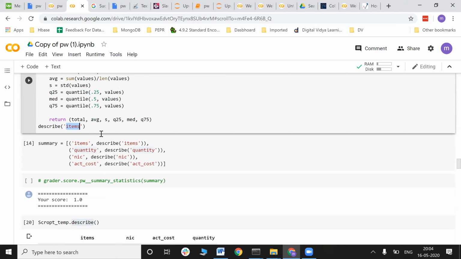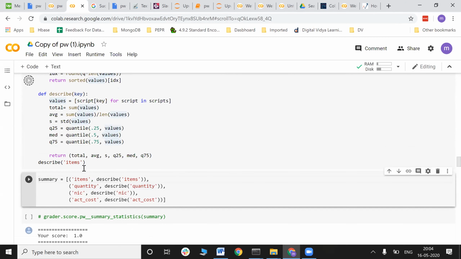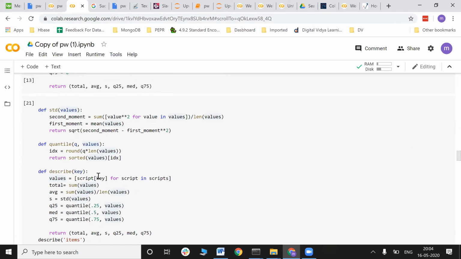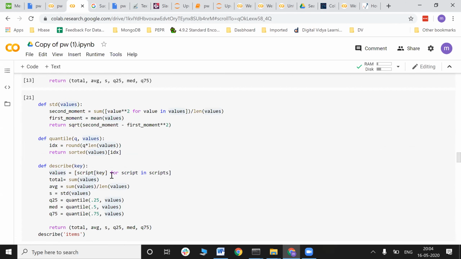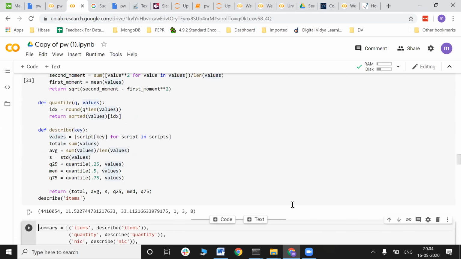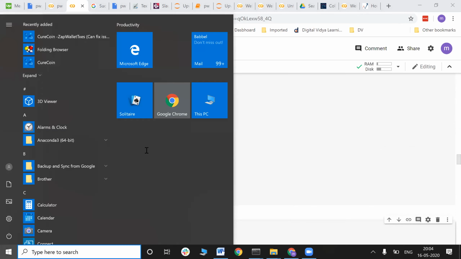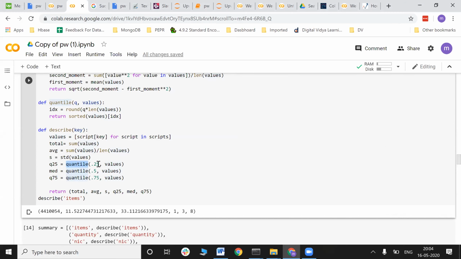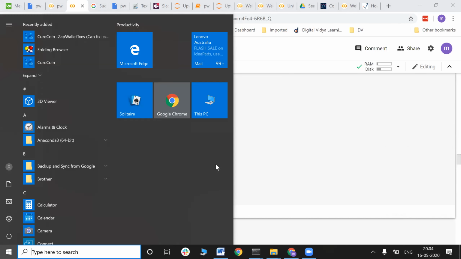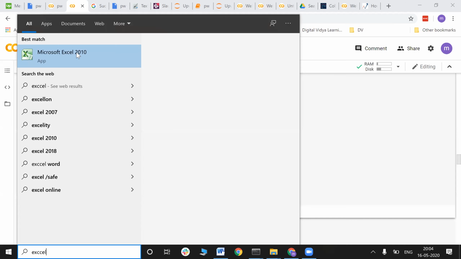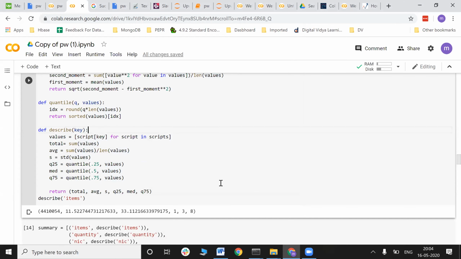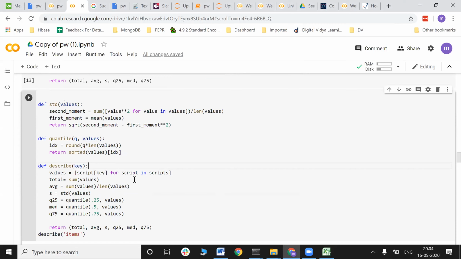Oh, Manish, I have a question. Could you explain to us what it means by quantile or some of the statistics? Yes, quantiles. So see, quantiles are nothing but interquantile ranges. Okay, so say for example, let me try to open a paint for you or an Excel. Oh, Excel would be wonderful. I love how you explained it to me in Excel last time. Yeah, that's what I'm doing again.